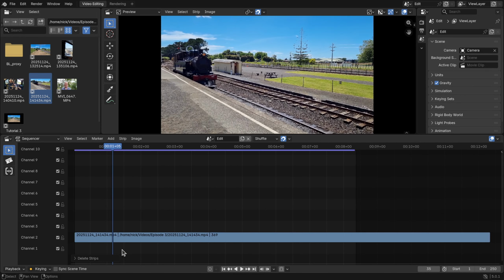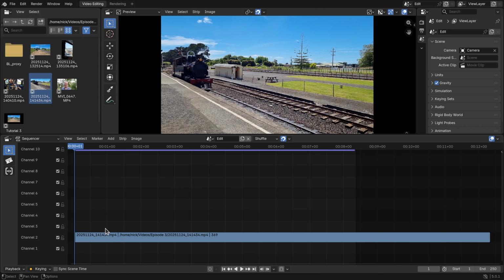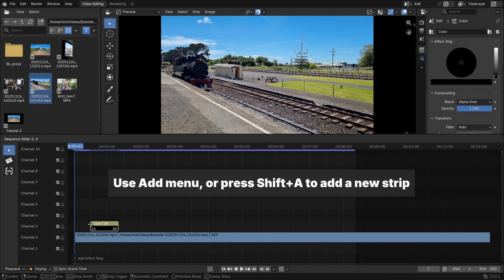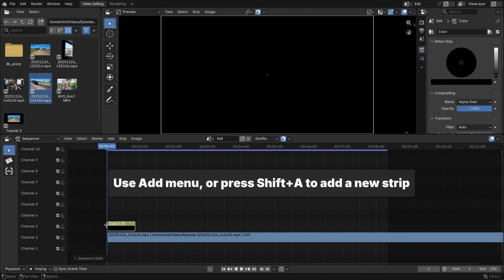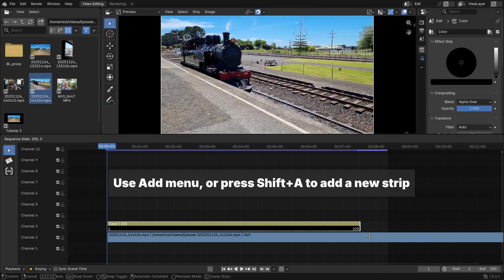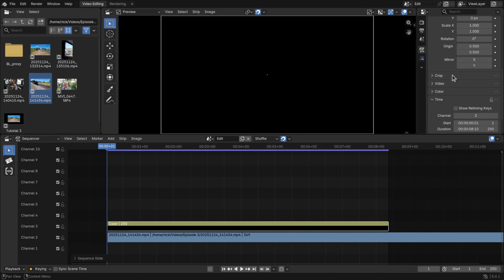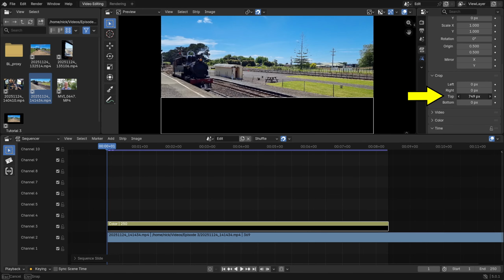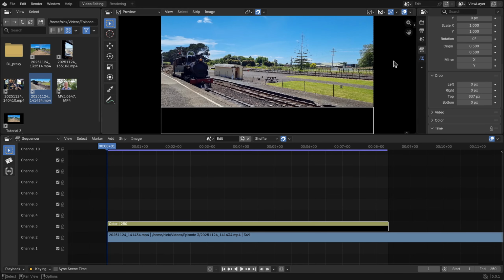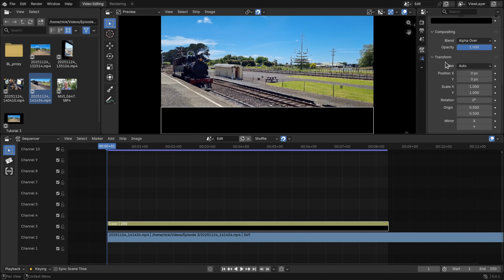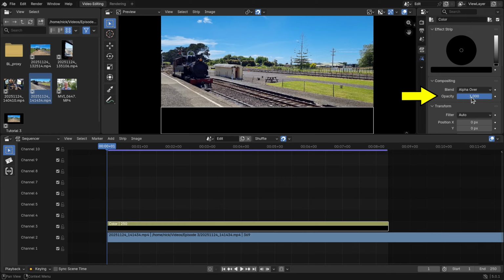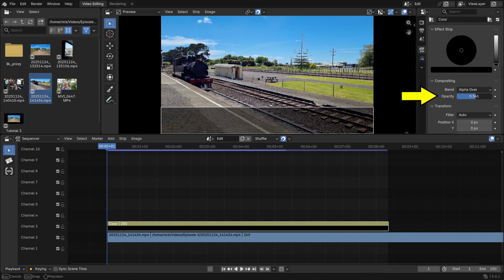So now we just see the train going by. Next thing we'll do is add a color bar for the text to appear on top of. So I'll add color, drop it at the playhead, extend that out to the end of the sequence, go up here to the properties, expand crop, and bring the top down like so. Then up here I will change the opacity down to about half,